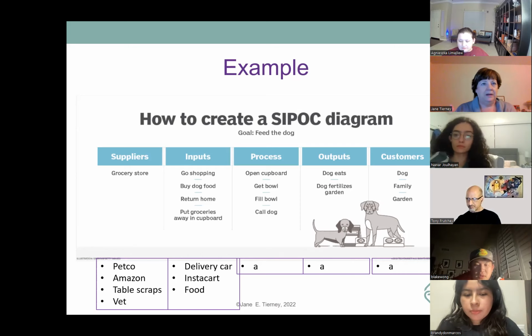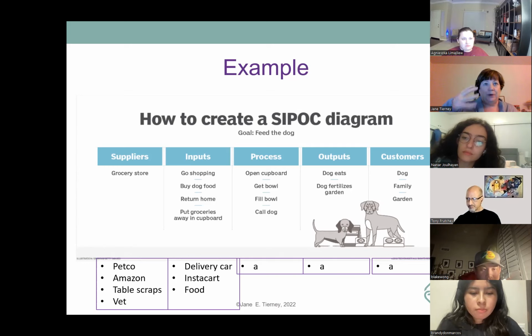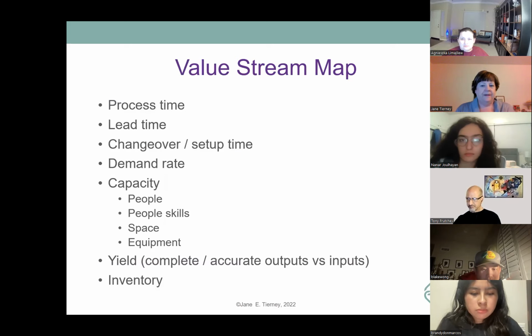You don't want to, as they say, beat the dead horse, but you do want to make sure that you get enough focus on it and you give some time to let some creativity percolate in your brain and come up with some other ideas. So the value stream map really has